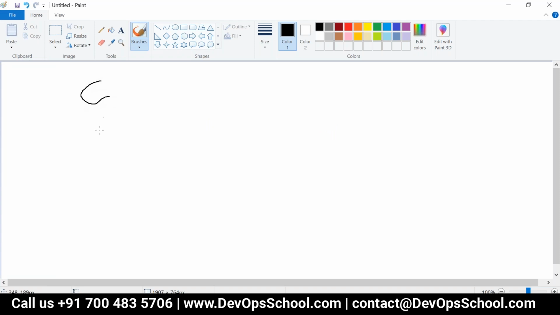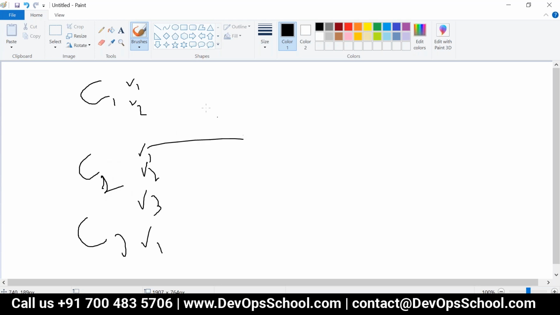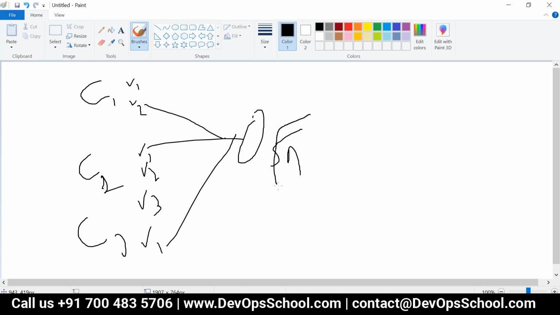See, there is a component, there is another component, here another component. Here you have version 1, version 2 in one component. This is the second component. This is the third component. Here version 1, version 2, version 3. Here you have version 1. Now in the second component, you have taken version 1. Here you have taken version 2. Here you have taken version 1. You created a snapshot, and you will use this snapshot in application deployment in the target server. Now clear?